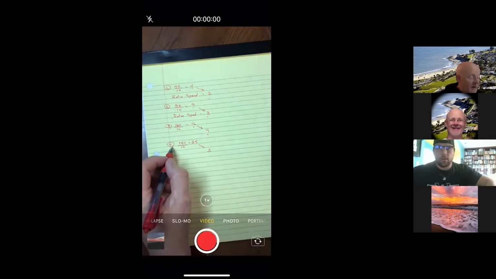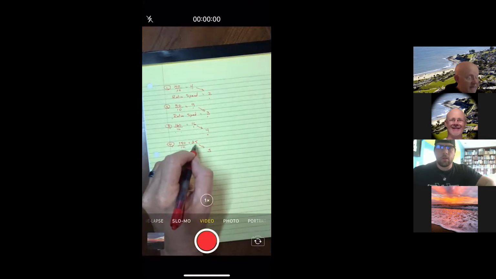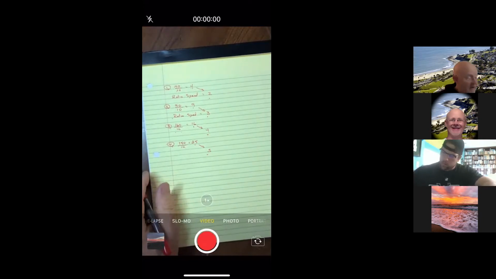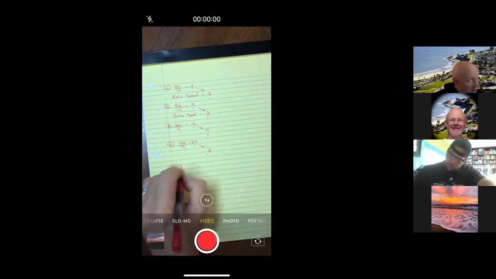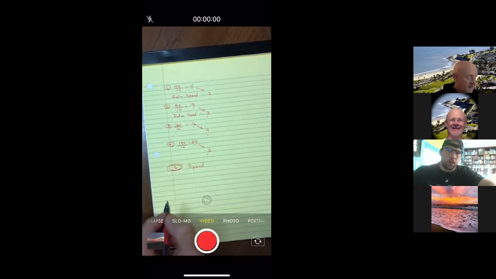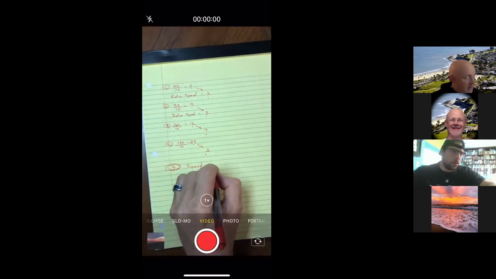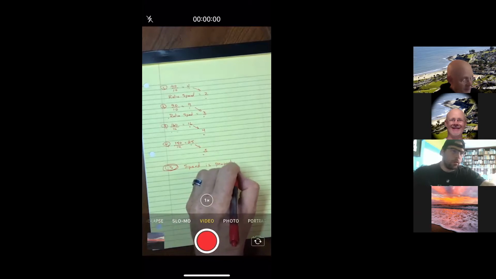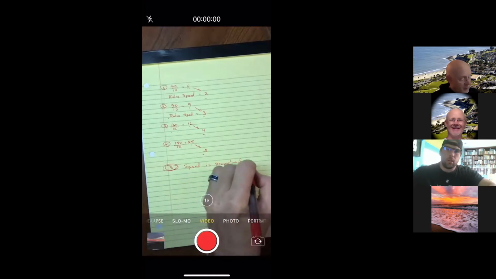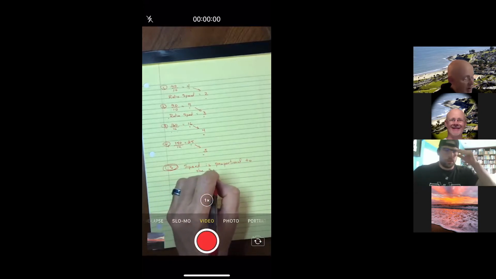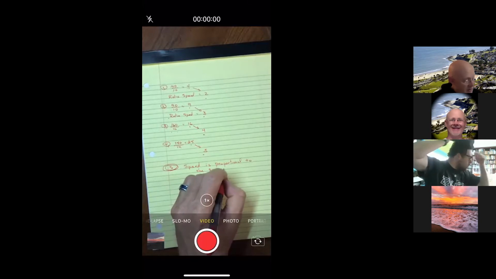And then finally, in the 4th question, the tension increased by a factor of 25, and the speed increased by a factor of 5. So the answer to number 5 is to say something like this, that the speed is proportional to, and here's the key part, the square root